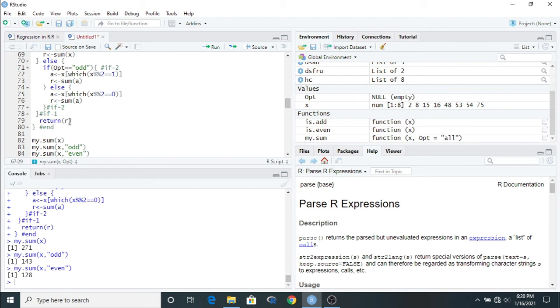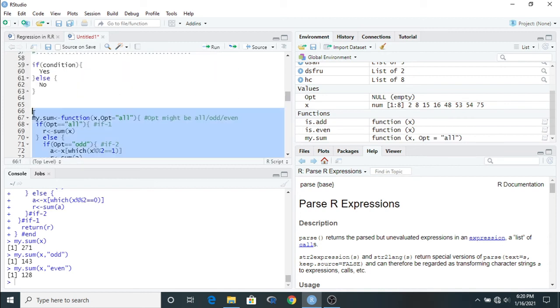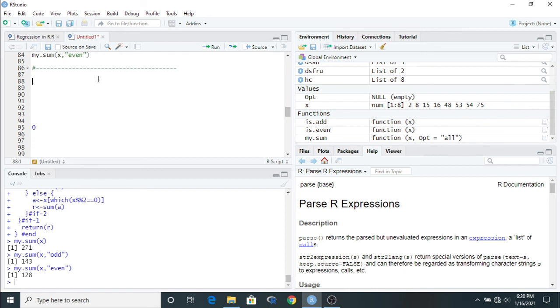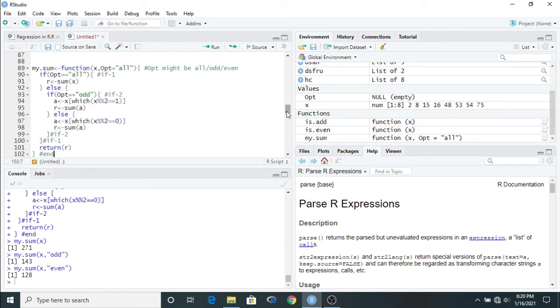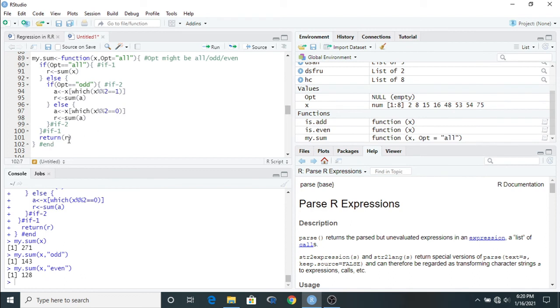In the previous function, we already discussed how to use more than one option as the input. So now in this next function, I'm going to show you how we can extract more than one output from your function. So I'm just going to copy this from the start of this function to the end of this function, and paste. I want more than one output.